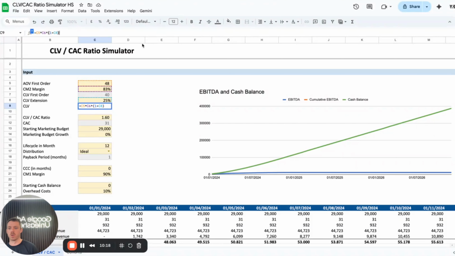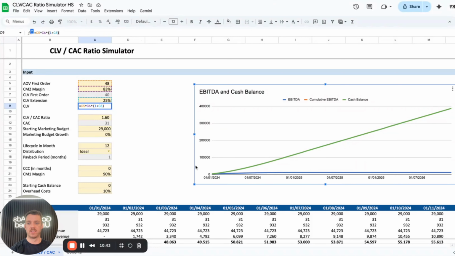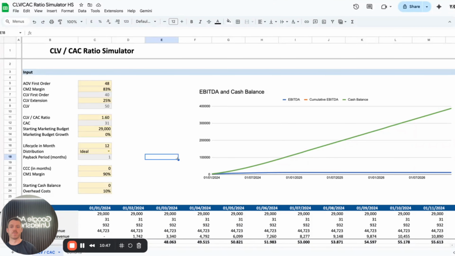So for instance, you can calculate this quite easily. If your AOV is, let's say, 48 euros in platform, but your average lifetime value over the last 180 days actually is 25% more of that, which is roughly another 12-15 euros on top. So then your customer lifetime value actually is around 60, but of course with the CM2 margin, that's only about 50%, 50 then in the end.